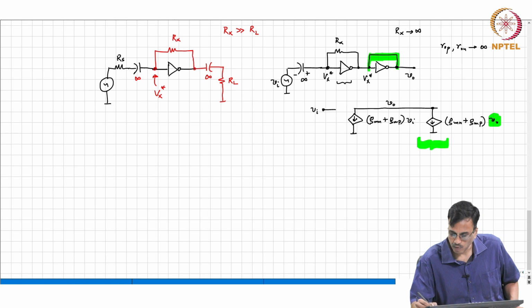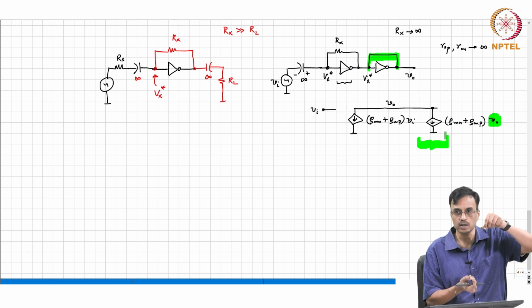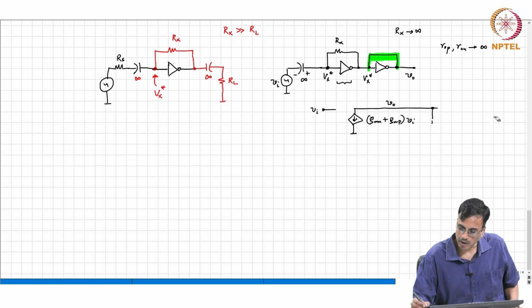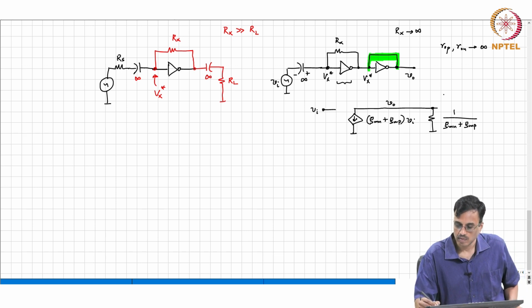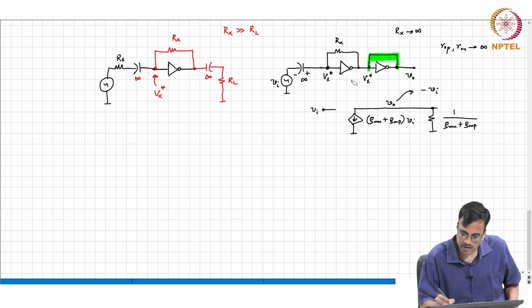So now what does that look like? The voltage across that current source is V0. The current is GMN plus GMP times V0. So this is nothing but a resistor of value 1 over GMN plus GMP. So now what is the output voltage? This VO must therefore be equal to minus Vi. Now if I take a third identical inverter,